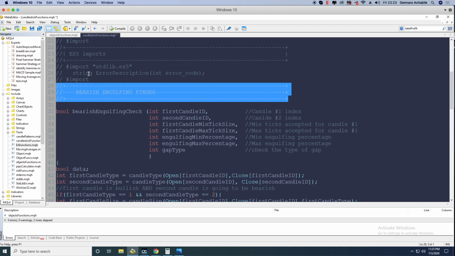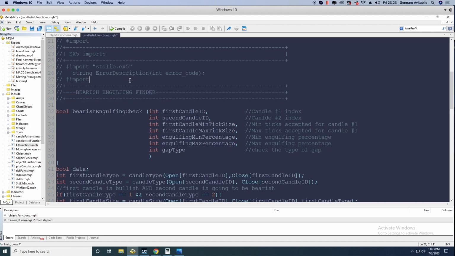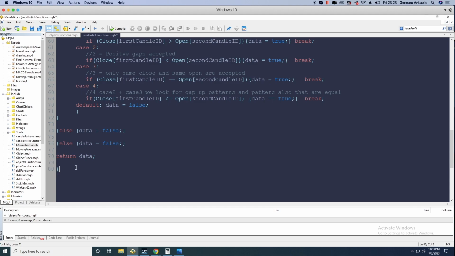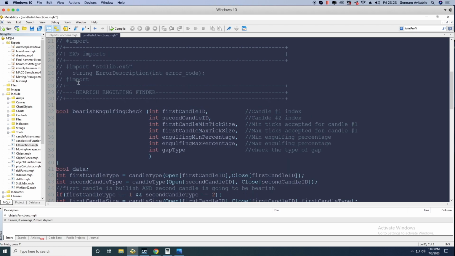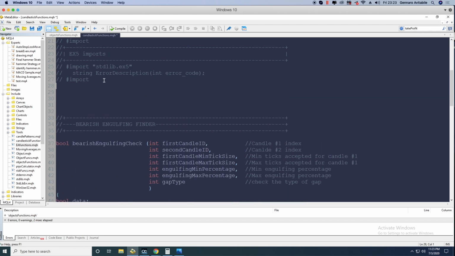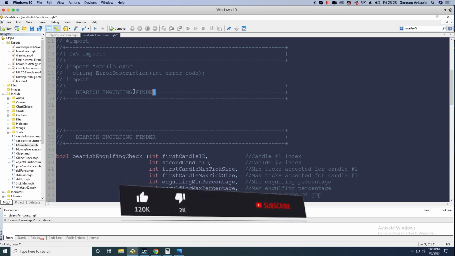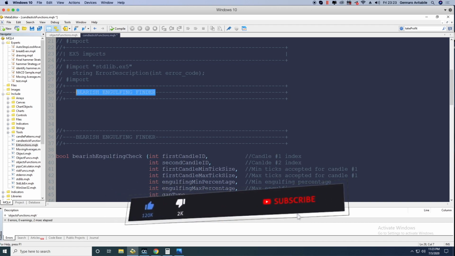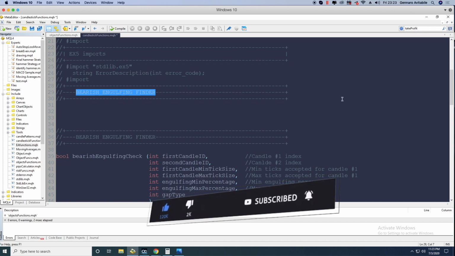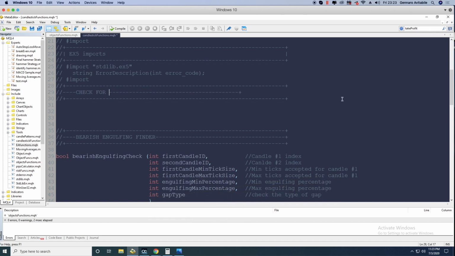Alright, so to do this, I'm thinking that in here we're gonna need that. Alright, so let's get started. The first one we're gonna write is gonna be, let's say, the candle size. So check for candle size. So we already know that this is gonna be named candle size. This time it's gonna return an integer, if you remember. We're gonna say integer candle size,